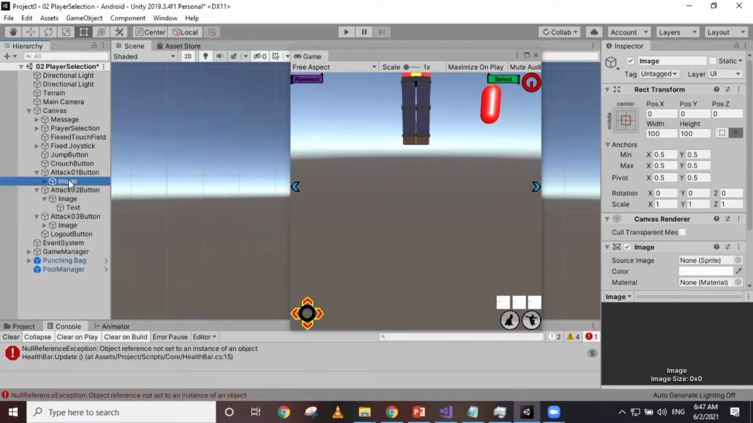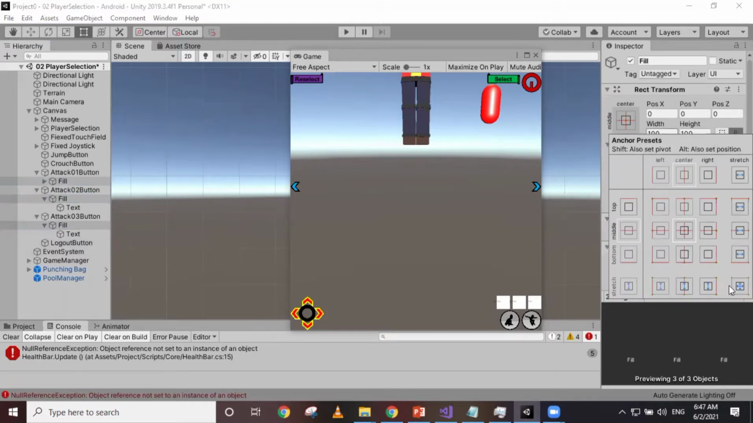Now I'm gonna rename this image as fill, and I'm gonna do the same to the other two images. Now I'm gonna select all the images and stretch this out. Anchor preset. I'm gonna use this option,